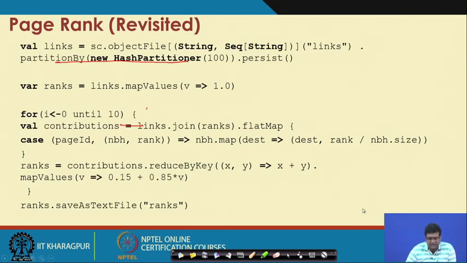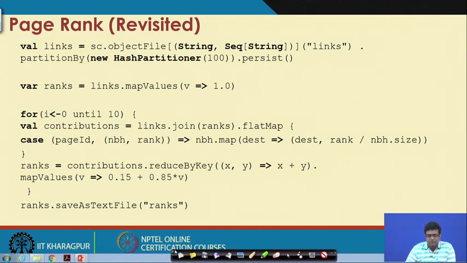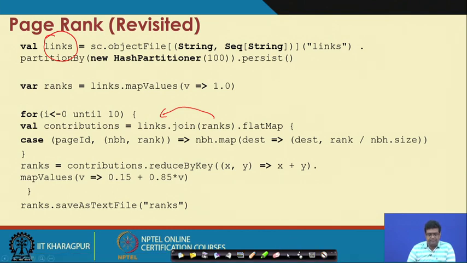And then you can see that the PageRank algorithm can also be speeded up using this partitioning, because you can create the links RDD as a partitioned RDD, and in that case every time you join the links RDD with the ranks RDD, only the ranks get copied to the links, instead of every time moving both links and ranks to a third machine.